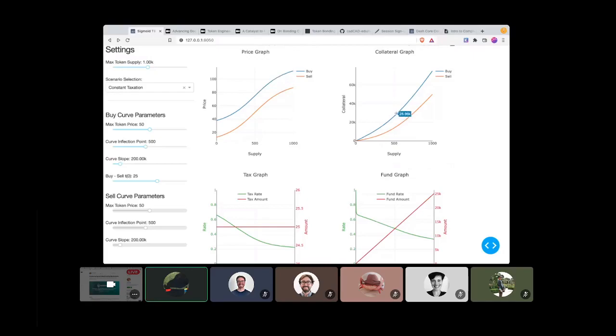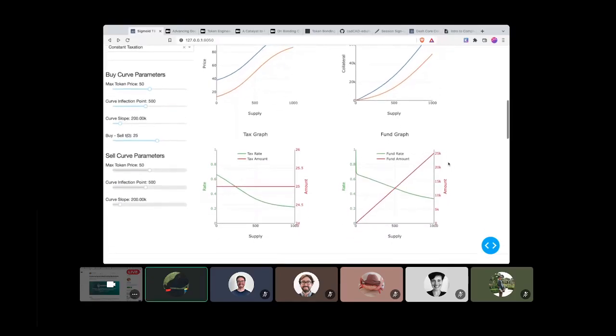Those transactions can also be viewed in the context of how much collateral is required to buy, or how much you would get in selling that number of tokens. So you can see how over time the distance between the buy and sell curves creates this gap between buy and sell collateral. So this is what people are paying in, this is what people could be getting out as a result of selling, and the difference between these two actually ends up being the amount of funds collected through that tax, which is captured here on the red line in this plot.